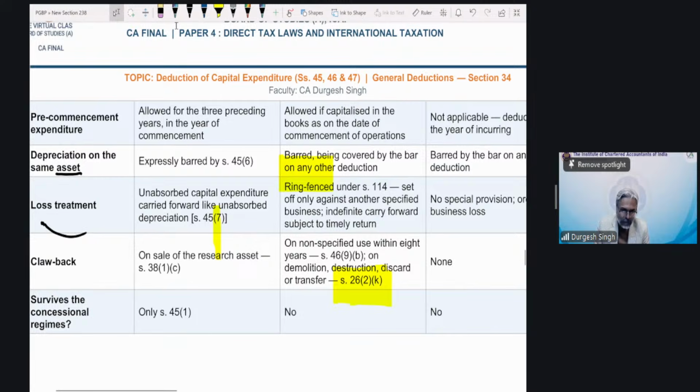Going forward, students, this session was primarily the one in which we closed the loop of PGBP, barring presumptive income. There are two presumptive incomes. One you will learn in the module of non-resident taxation. The presumptive income that you learned in Inter CA is there in this case. And a few sections, like the general deduction of section 34, I will probably link up with this and take across to all of you in the next class.